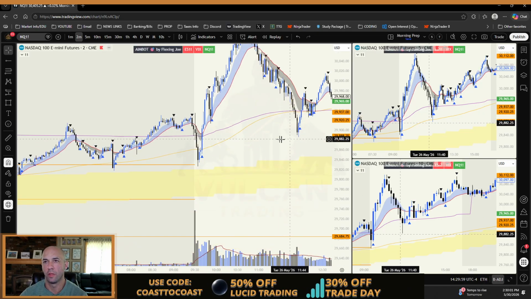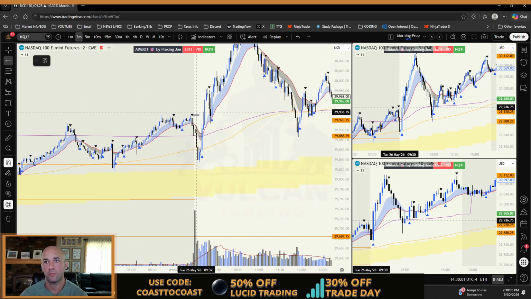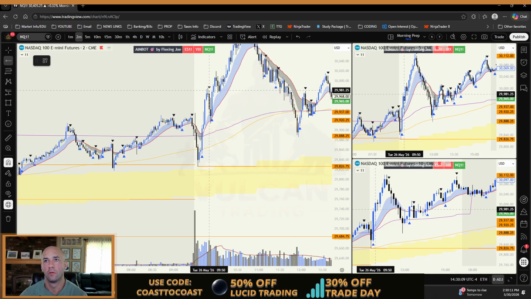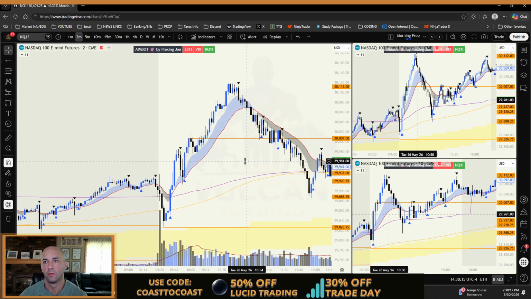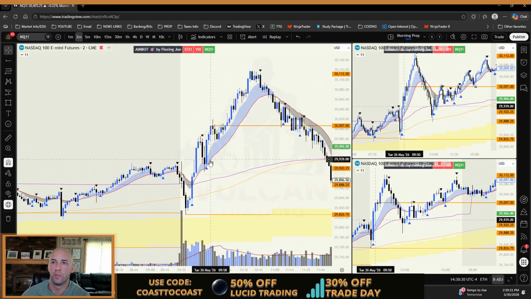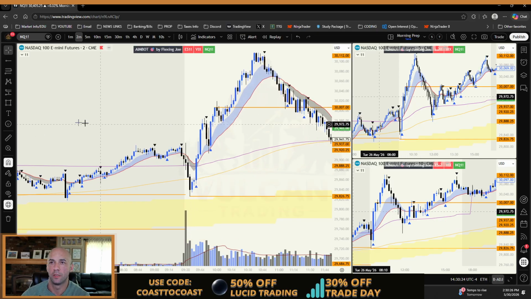Let's start with ORB drawings. ORB low. That's the 10 a.m. candle, so there's ORB high. So this one's tougher, but one thing for sure is